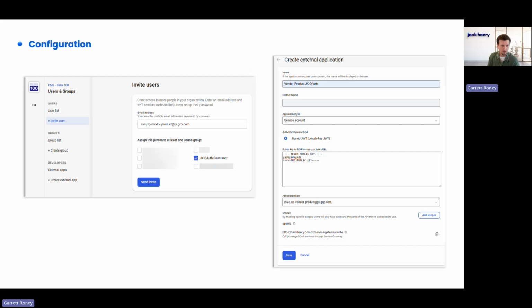And the only authentication method, sorry, is signed JWT. This requires a public key to be provided to you to be able to set this up. So that's kind of step one. If you have an internally developed application, or even if you're working with a fintech and they say, hey, I need JX OAuth credentials, the very first thing you're going to need is the public key to assign to this